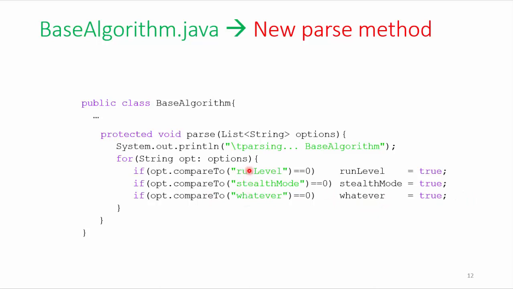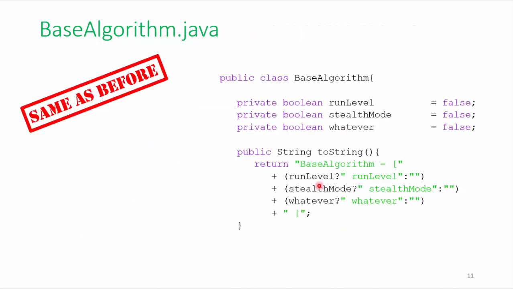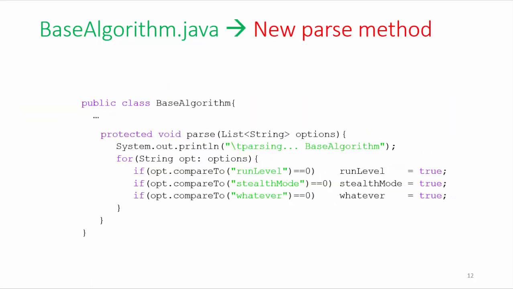So those 3 strings here have to match exactly, if I go back one slide, the names of the three attributes that are defined in BayesAlgorithm. That's a must. If they don't match exactly, then your code is wrong. And we expect also the user to type exactly those names on the command line if they want us to take their input into account. So here's the parse method for BayesAlgorithm. Not too complicated. Now what we're going to do is implement the same parse method in